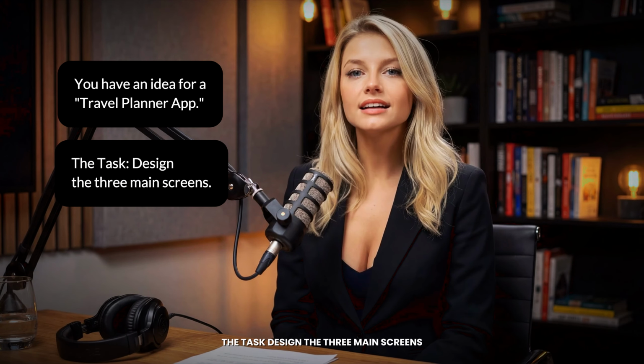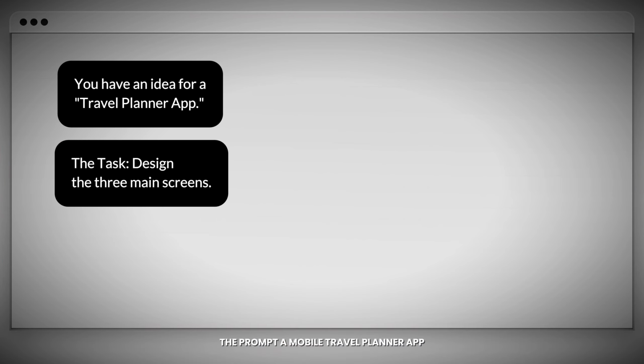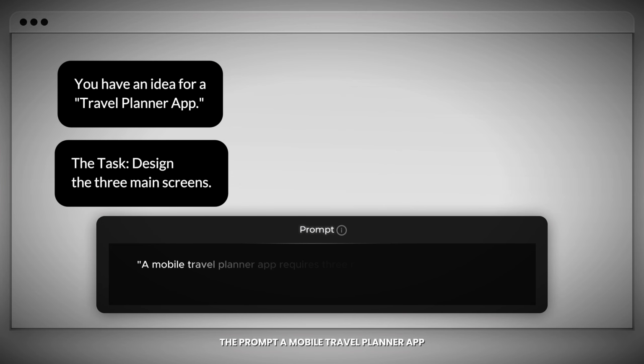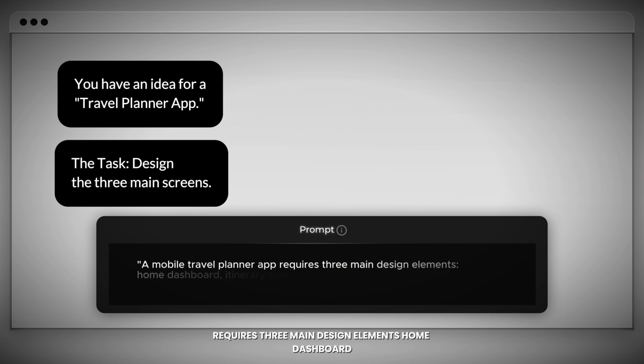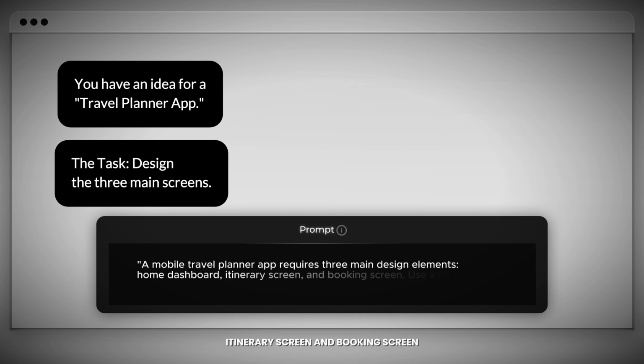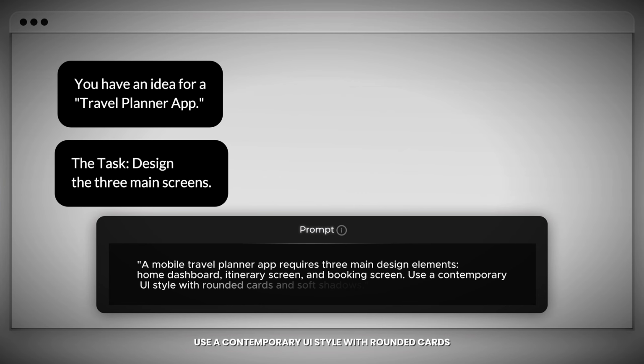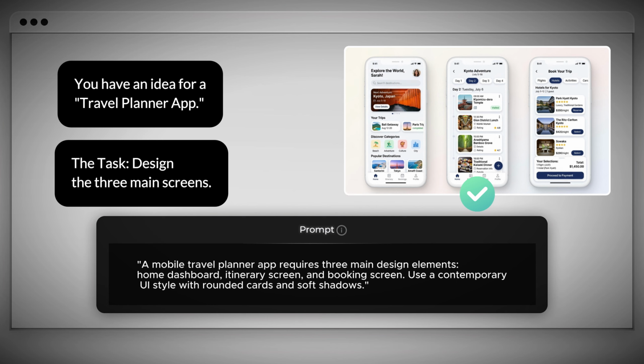Step-by-step use case. You have an idea for a travel planner app. The task: design the 3 main screens. The prompt: a mobile travel planner app requires 3 main design elements: home dashboard, itinerary screen, and booking screen. Use a contemporary UI style with rounded cards and soft shadows. The action: the AI organizes the map preview on the left and the Book Now buttons on the right, following